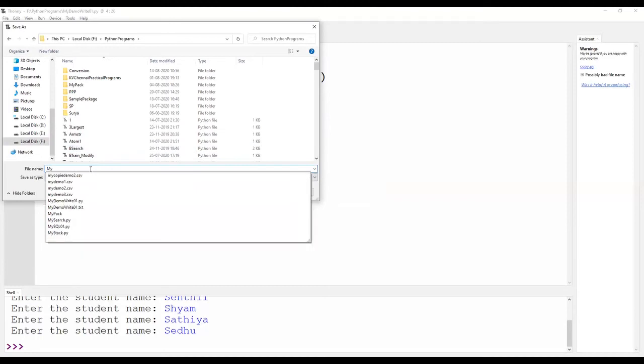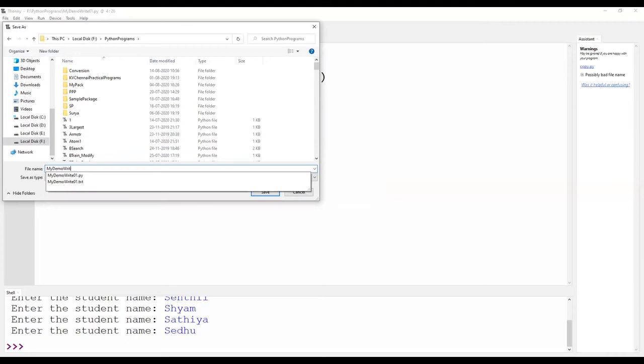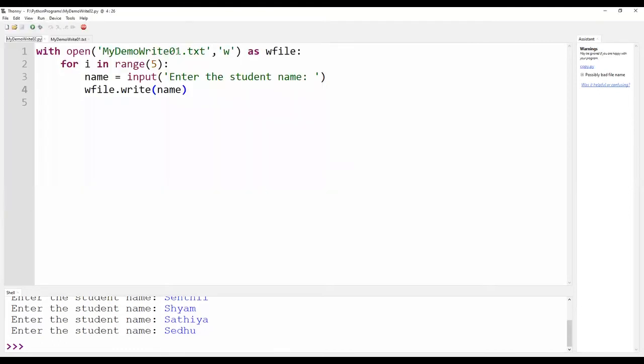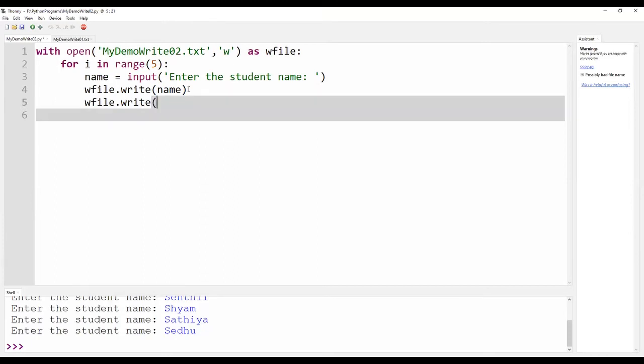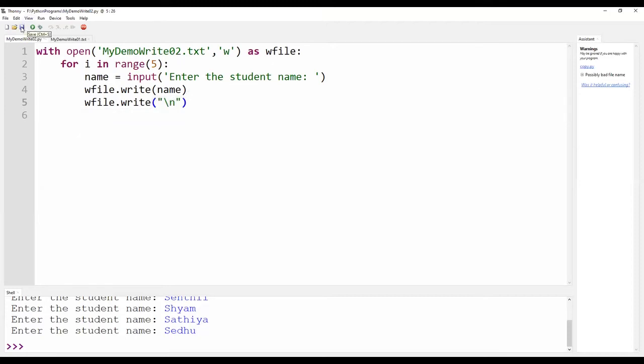Yes, the program has been saved now. I have to change the text file name also to 02. Now, the previous problem is that after every write, there is no space. So I am giving a new line to it. Now let me run this program.